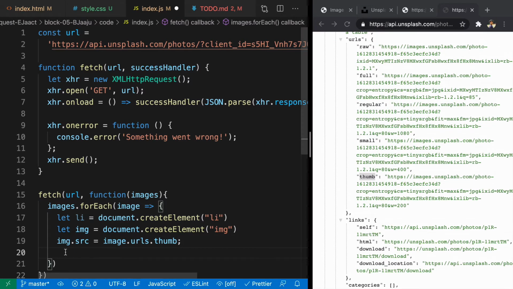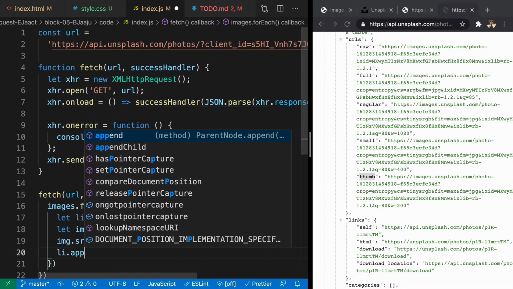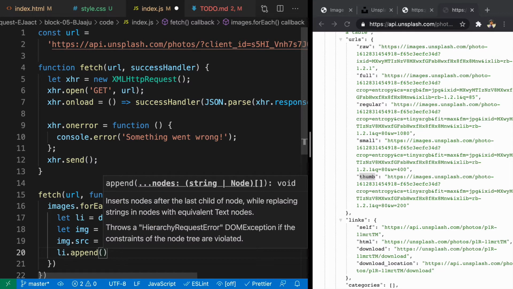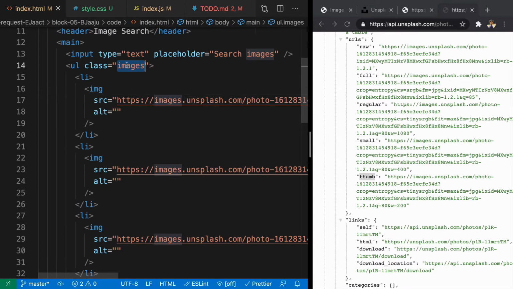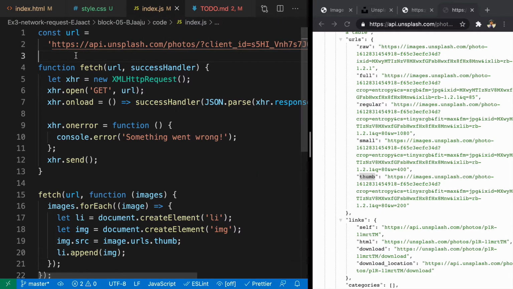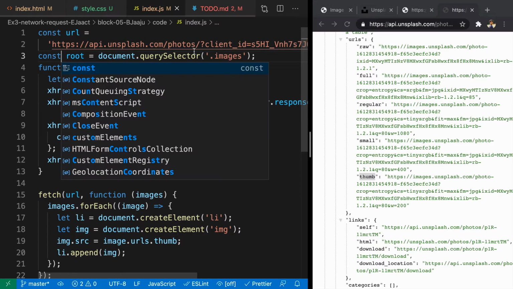And after doing that, what we will do, we'll just say li.append image. And we need to append all these li inside this ul. So we'll select this ul here. So we'll create another variable. We'll say root is going to be query selector, and here images. Done.